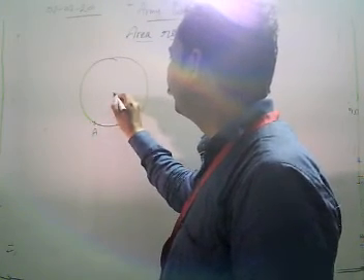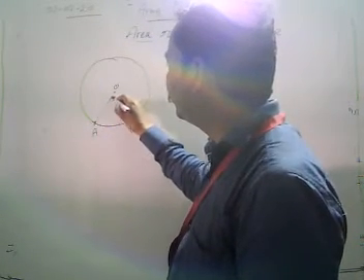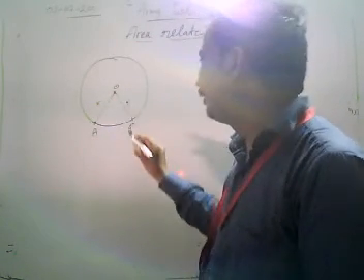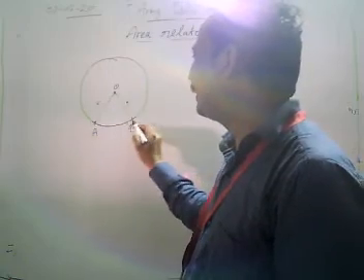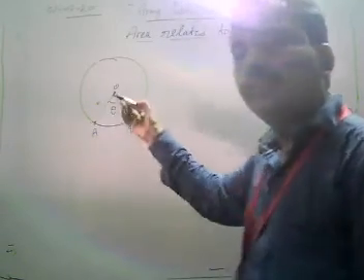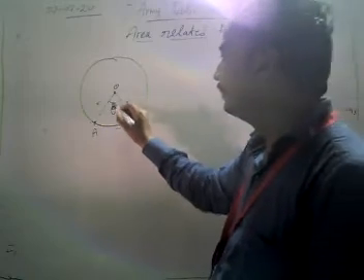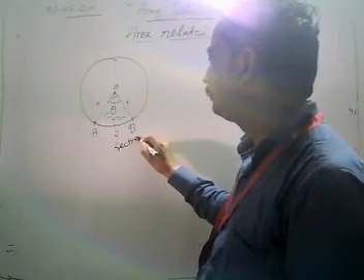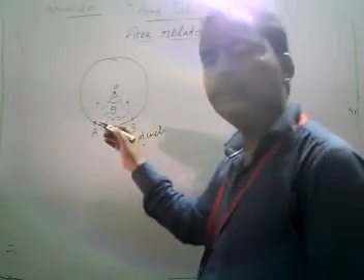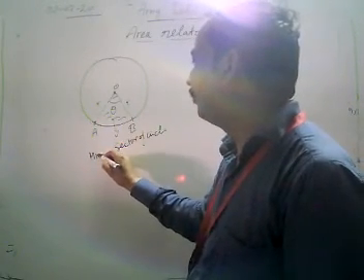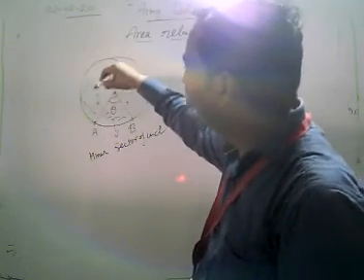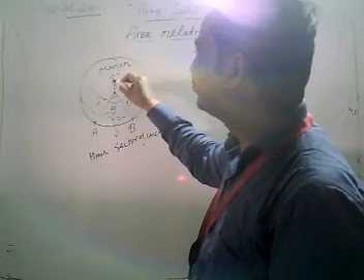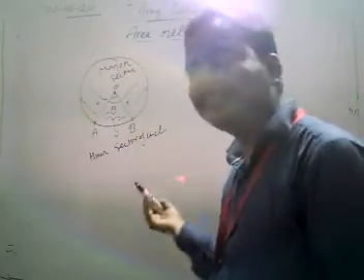Let's suppose we take a center O, joining the center to the extremities. It's our radius R. Now, this is arc AB. Suppose it makes an angle theta at the center of the circle. Now this region, the region OAB, is our sector of circle. This is known as the minor sector of the circle, and this other region is the major sector of the circle.